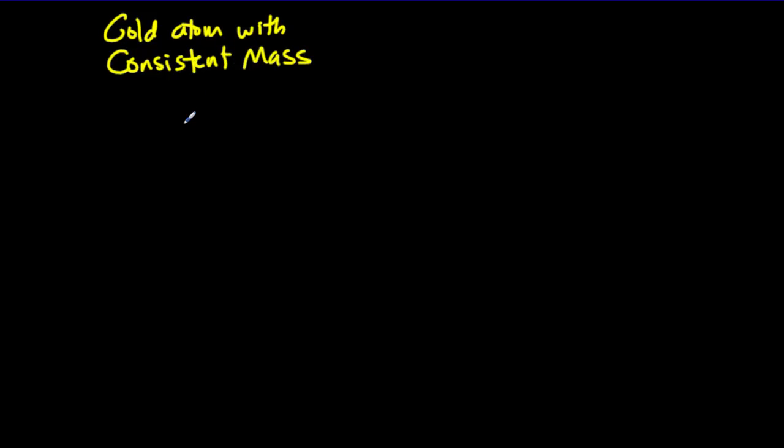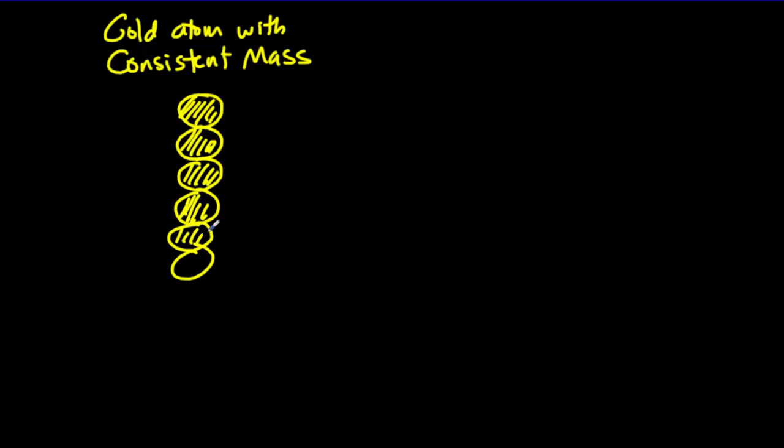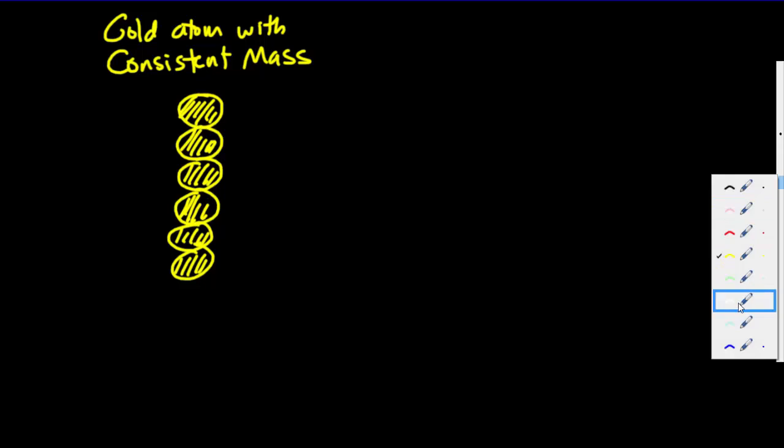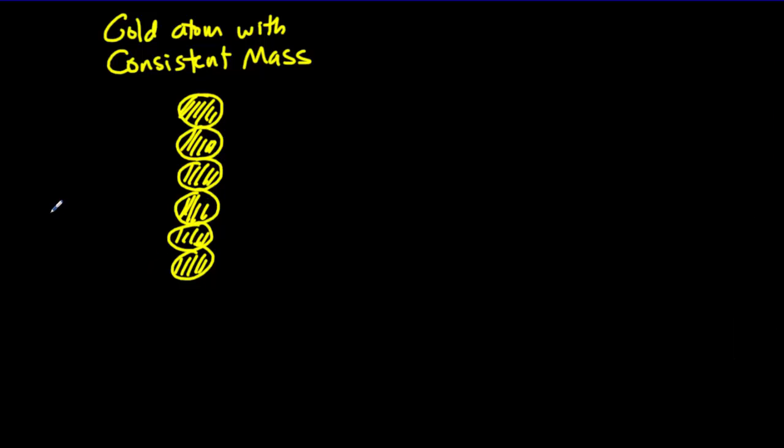And just to simplify things, I'm going to make our gold foil just 1 atomic layer thick. So there's our gold foil, but we've got a consistent mass throughout each atom. And we'd have the positive charge distributed consistently through the gold atom. So now if we send in our alpha particles, and the alpha particles have a mass that's about 1/50th the mass of a gold atom, these alpha particles